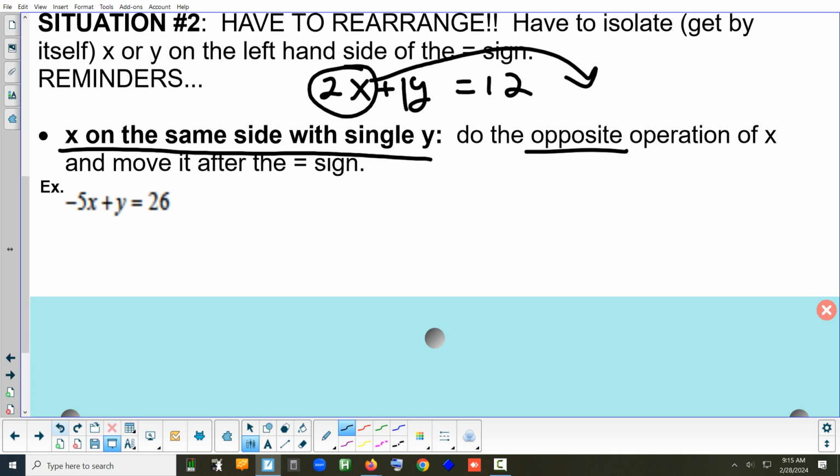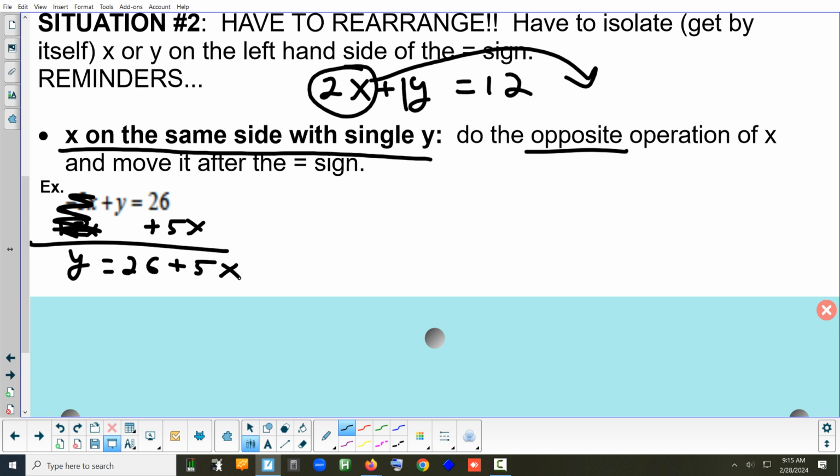The opposite is positive 5x. What's negative 5x plus 5x? These are gone. Negative 5x plus 5x, and you get y equals 26